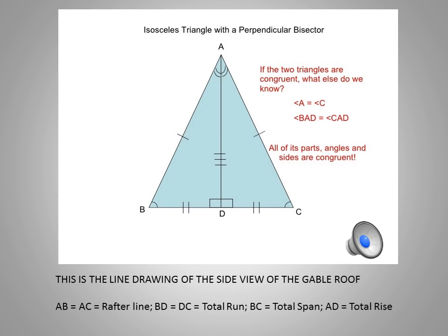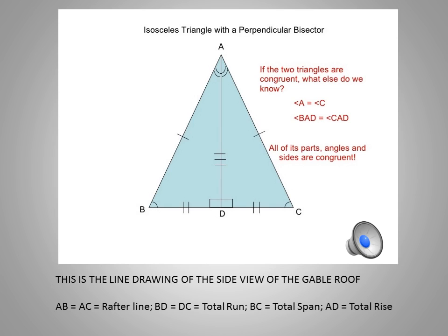If you were to take a cut through a gable roof and then look at the side view, you would actually see an isosceles triangle. The sloping sides of the triangle would be the slopes of the roof, and both slopes are the same angle, and so therefore the angles at the base are the same. So all the parts are going to be exactly the same. So when we look at a roof, we're only going to deal with half of the triangle